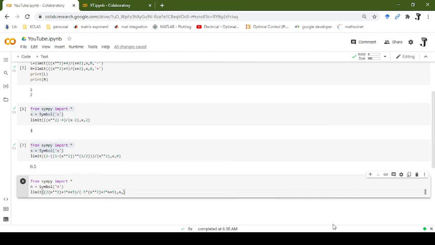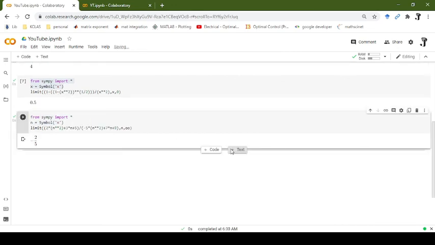And here n tends to infinity. So instead of infinity, I am going to put double O. So if I put double O, then that will be considered as infinity. Okay. So we could say that I am substituting the same value from SymPy import star, n is symbol n, and the limit of the function I have mentioned in the first term, and n tends to infinity. So n, instead of infinity, I just put double O. So if I run the code, then I am getting minus 2 by 5, which I got in the lecture